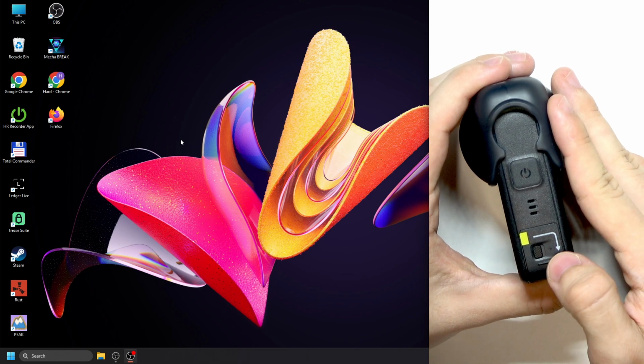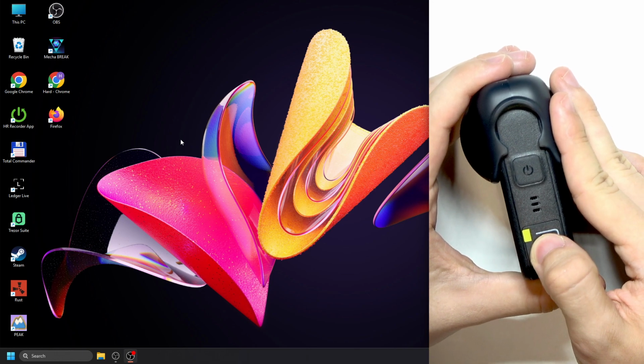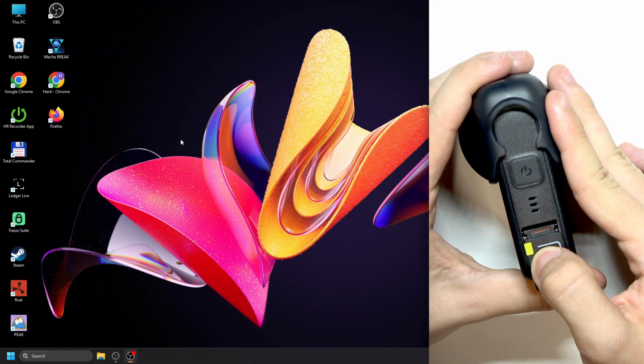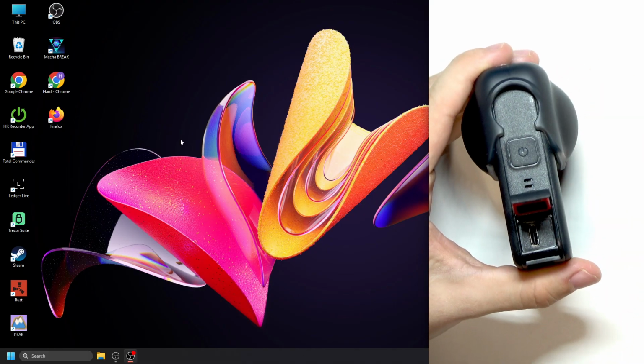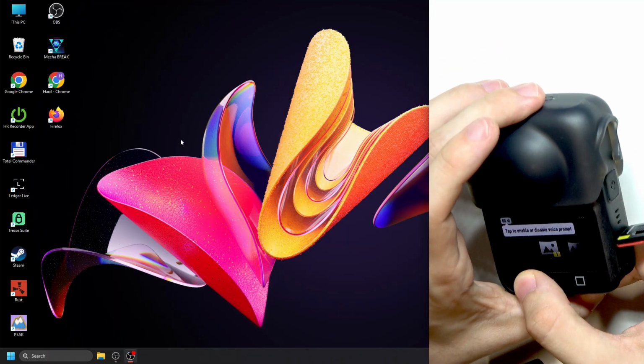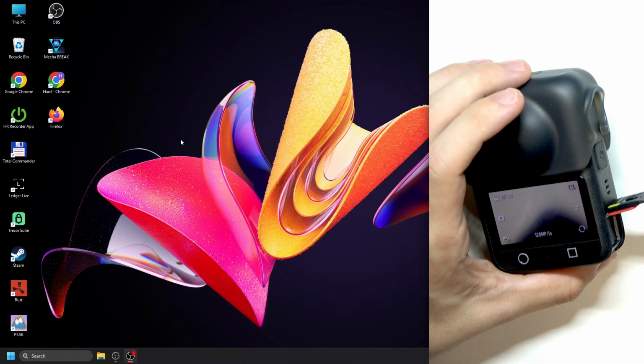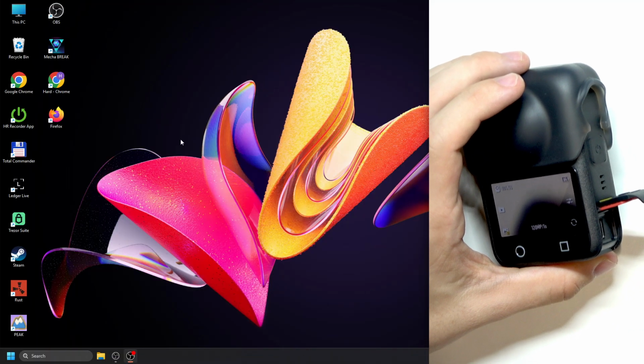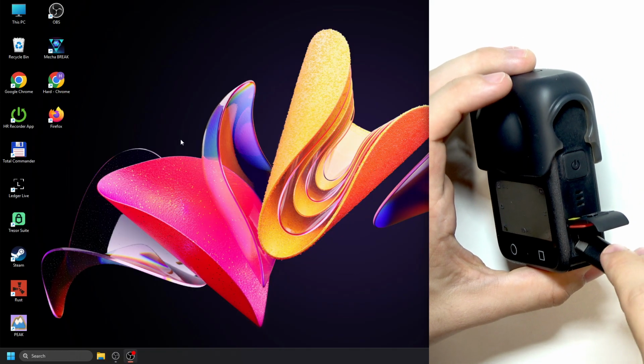To do it, slide this switch to the right side, then slide the door down and you'll see USB-C here. Hold on a second. See, it almost turned off. Now I'll plug it into my computer